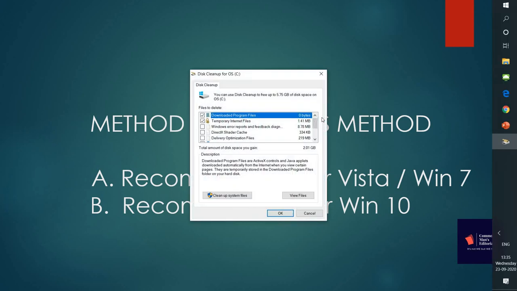As you can see, Windows is calculating the space, analyzing the disk, and now you can see the types of temporary files or cached files that are present in my disk, that is disk C, right? You can also see a recommendation that with disk cleanup you can free up to 5.75 GB of disk space in your OS, a whole lot of space. So you can just go ahead, select whatever kinds of files are applicable to be deleted, and then click OK.